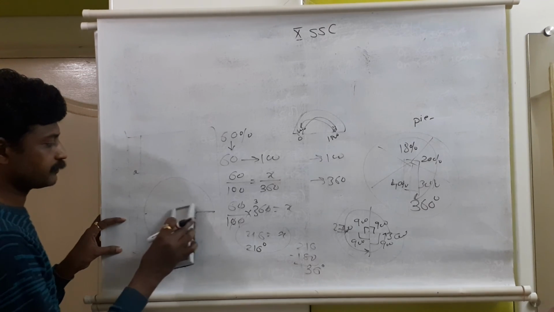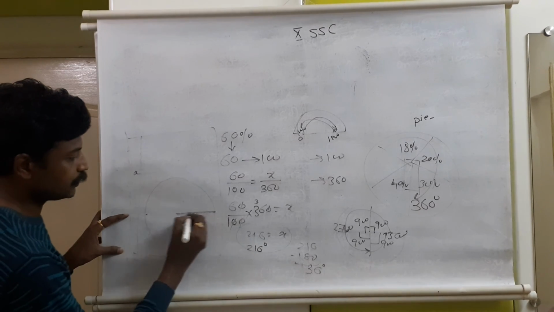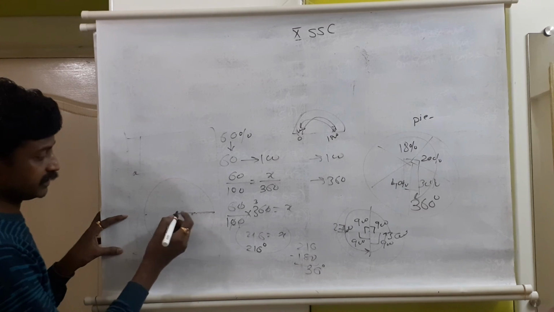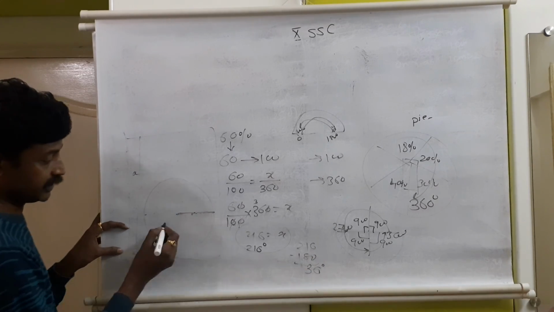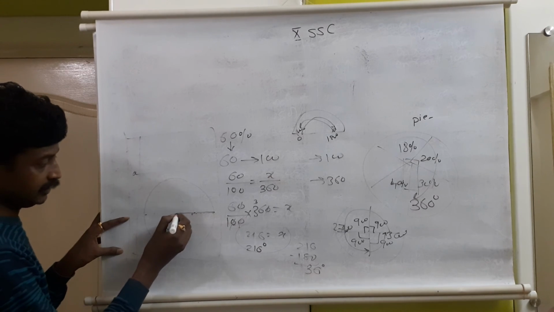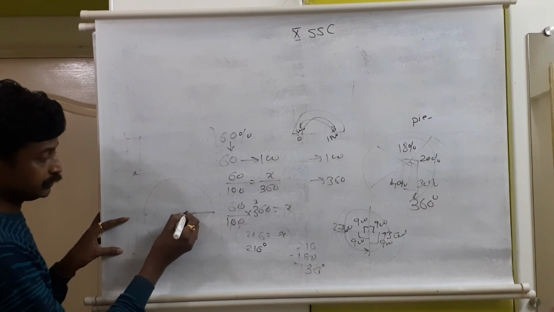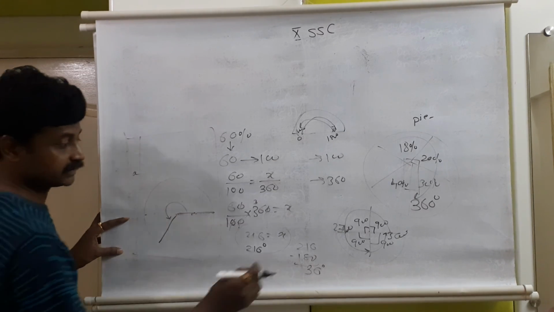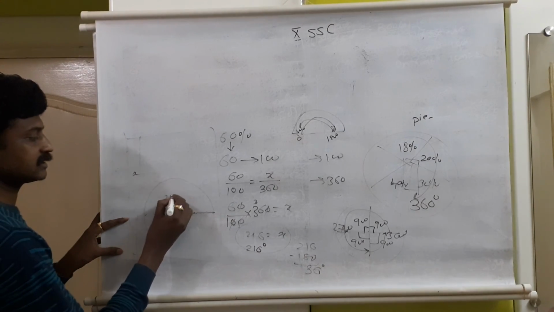Don't miss the point. The point we have to mark with the help of a pencil. So our starting point was from here. 180 was covered here, and this is the point. 180 plus 36 is going to complete 216. So this point and the origin, we need to draw a line, the radius. So this to this is how many degrees? 180 plus 36, that is nothing but 216 degree.